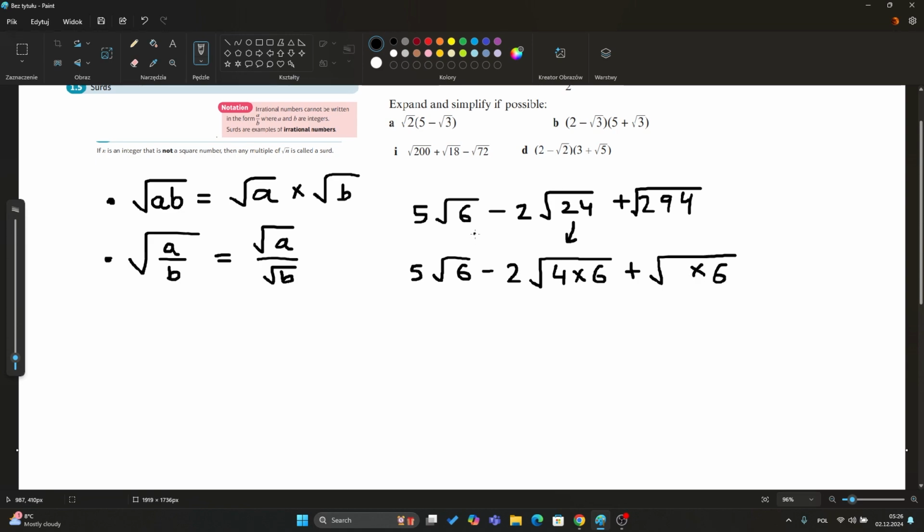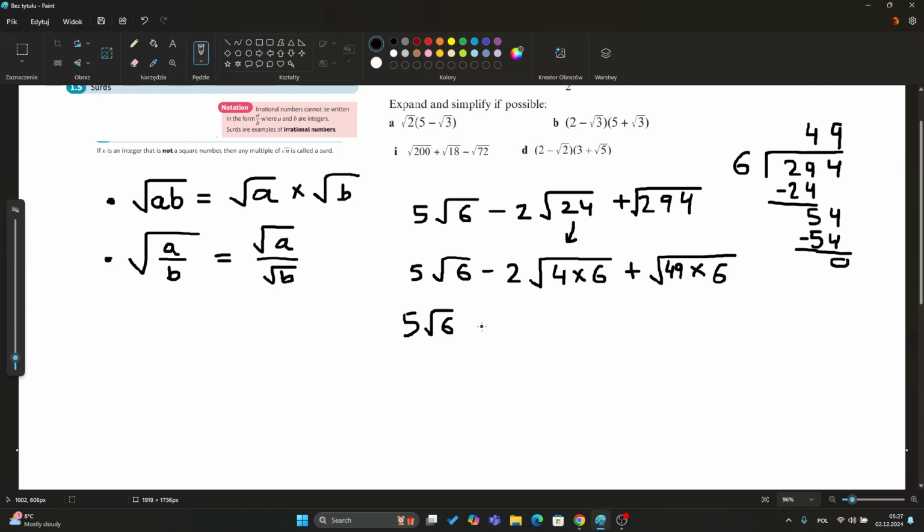So again, we use this one first to assume that 294 is divisible by 6, and by doing the division, well, this is 49 times 6, and 49 is a square number, therefore it is correct, and we have 5